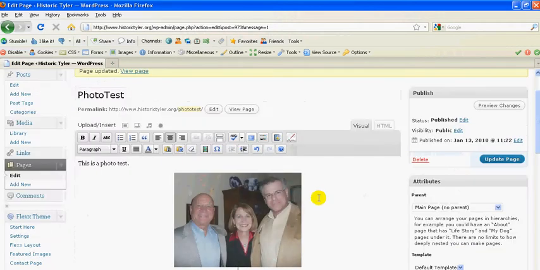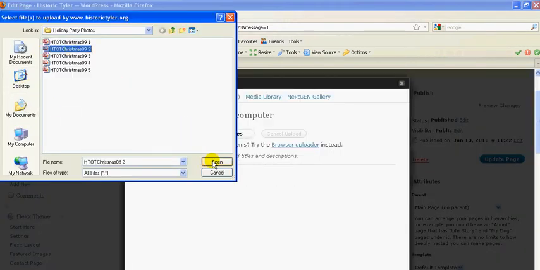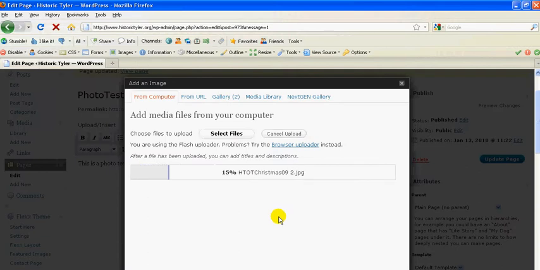And you can see here that's a little bit larger than the one there. So let's say we go right after that and we want to do photo number 2, and it's going to take a little bit long. See, when these photos are this big, it takes even a while for it to load into your site there. So once it takes a little bit of time to load,